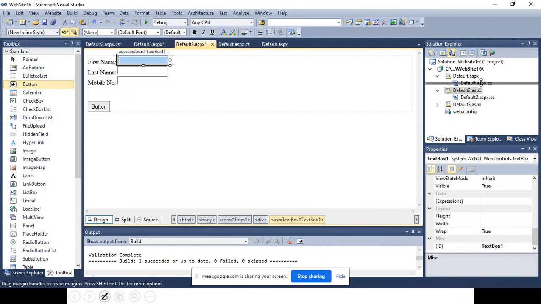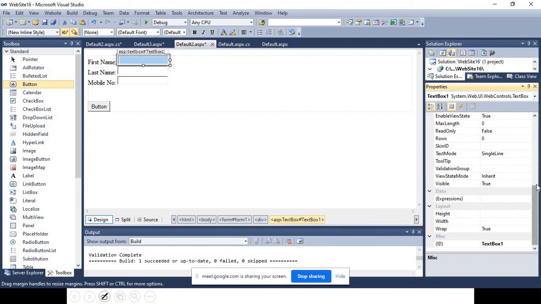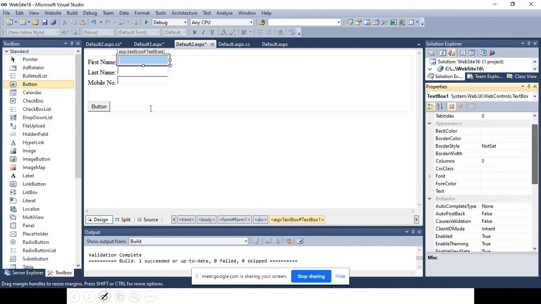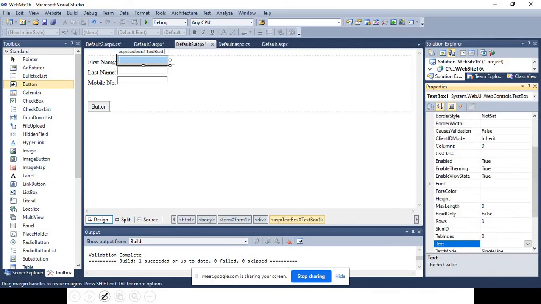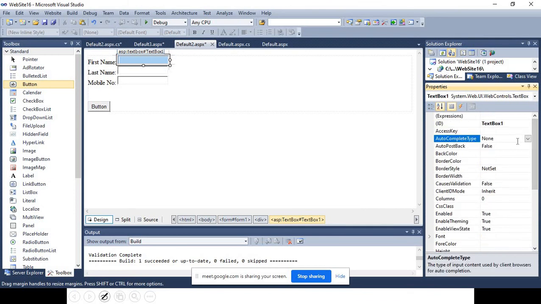Now what we are doing here is setting an AutoCompleteType. For my first text box, because I just want to record the first name of the user, in the AutoCompleteType I select the class FirstName.